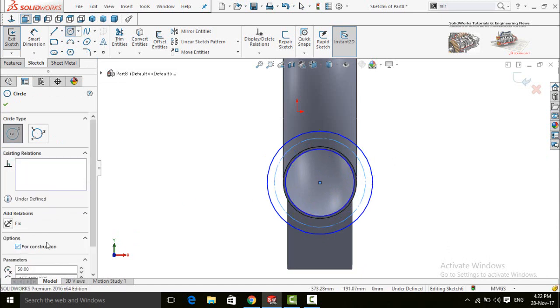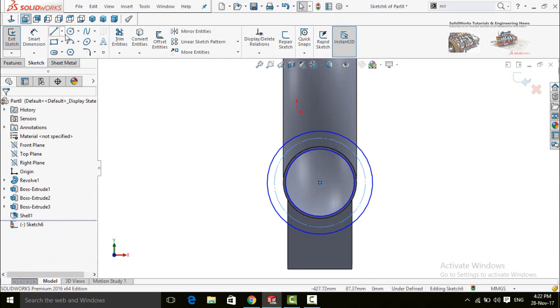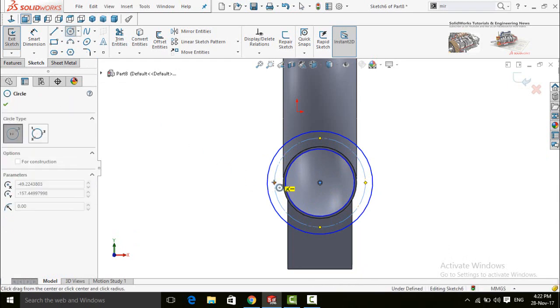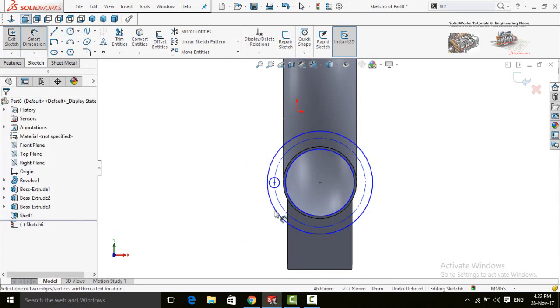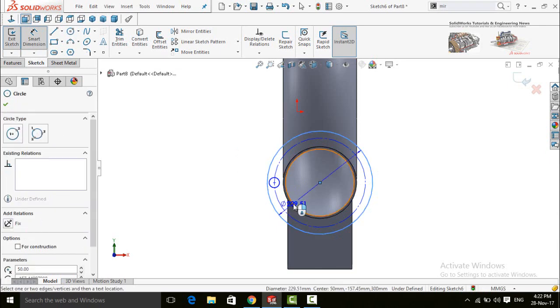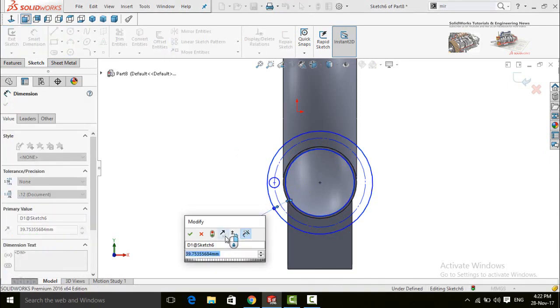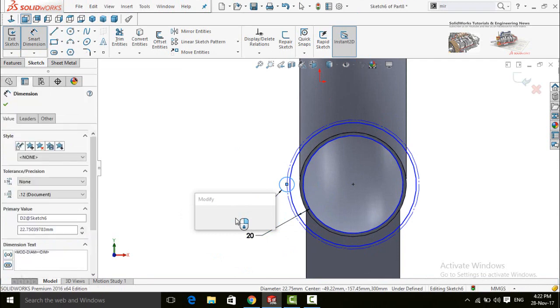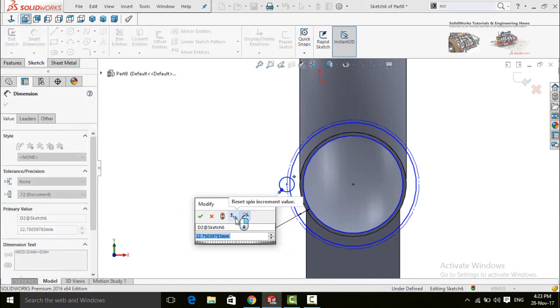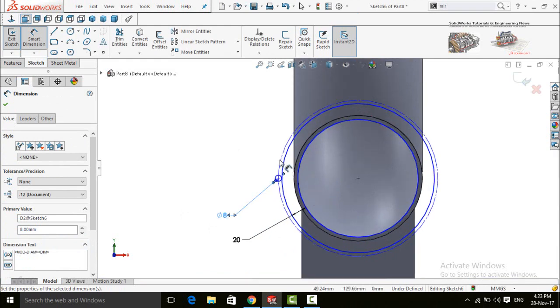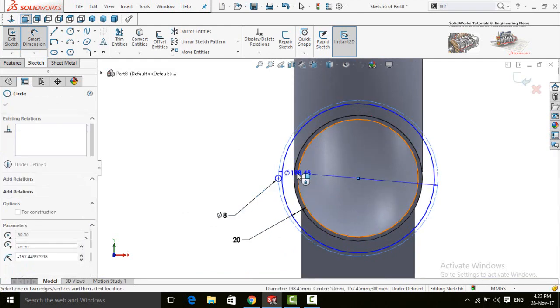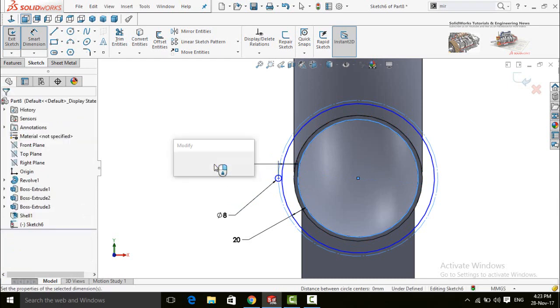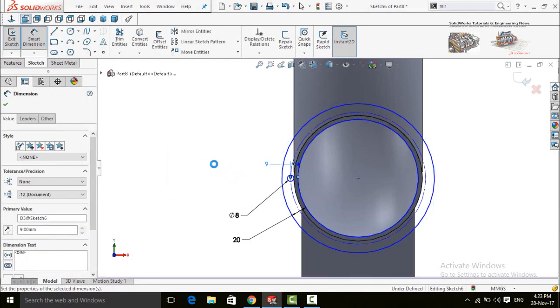Click here for construction, press OK button, another circle on the quadrant point, define them 20 mm, 8 mm, and 9 mm.